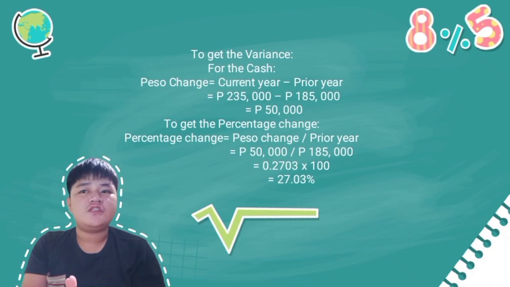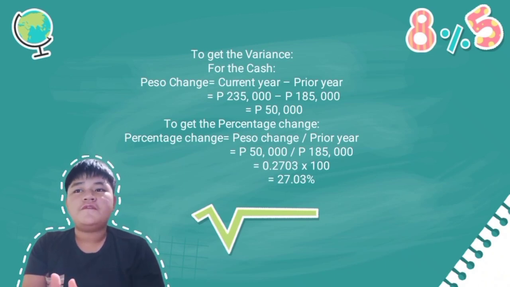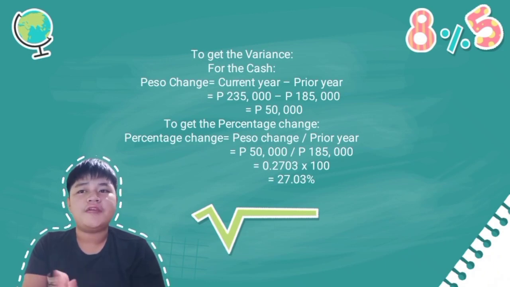And the percentage change is equal to peso change divided by prior year. So, 50,000, the peso change, divided by 185,000, the prior year, is equal to 0.2703, multiplied by 100, is equal to 27.03, and put the percentage sign. So, in conclusion, the peso change of RIA's merchandising statement of financial position for the cash only is 50,000 pesos and the percentage change is